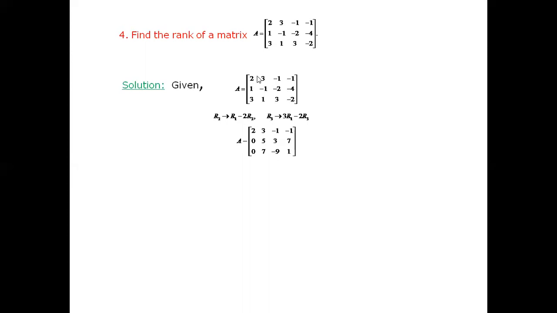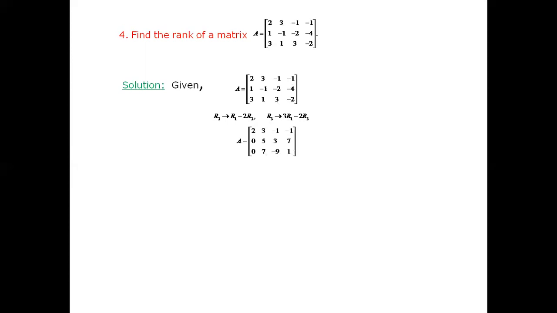Now multiply this by 3, write separately. 3 by this means 3 2s are 6, and here 2 3s are 6. 6 minus 6, 0. And here 3 into this 3, 9. 9 minus 1 into 2, 2. 9 minus 2, 7. And similarly, 3 into minus 1, minus 3. 3 into minus 2 is minus 6. Minus 3 minus 6, you get minus 9. Now last term, 3 into this minus 1, you get minus 3. Minus 2 into minus 2 is plus 4. So 4 minus 3, 1. So this is the first stage.